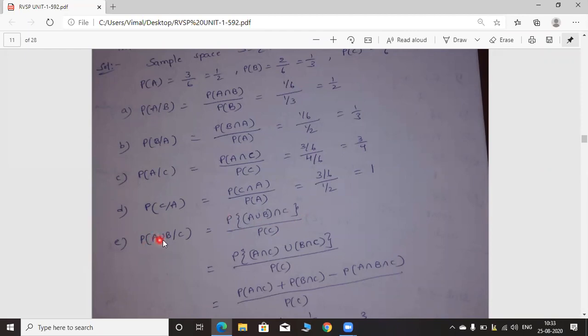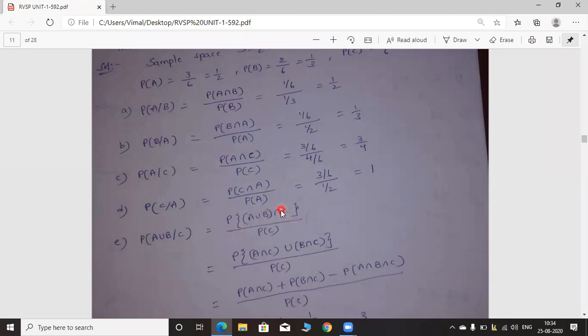Okay, remember one point here, A union B is one event. A union B can be treated as single event only. C can be treated as another event. So we have to write intersection part for the two events in the numerator, and regarding denominator we have to write probability of C, okay, in the denominator. Okay, next numerator. Numerator is nothing but probability of A union B intersection C. Okay, intersection for both events A union B and C.